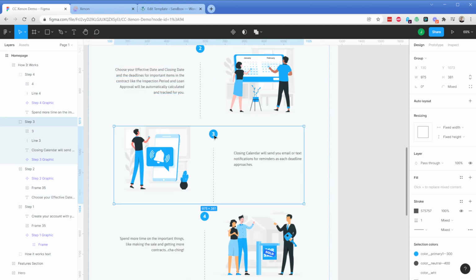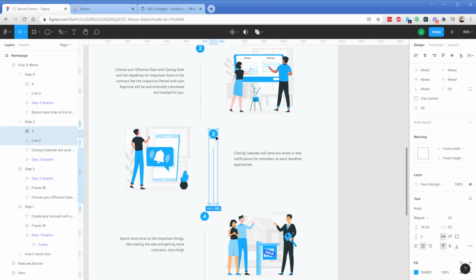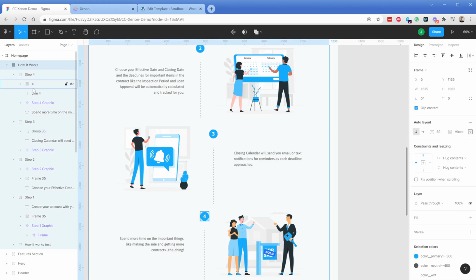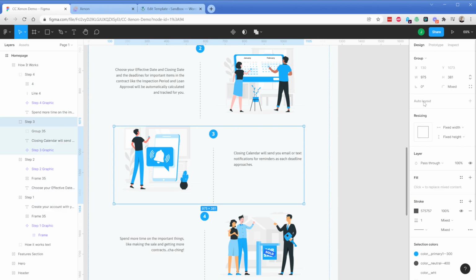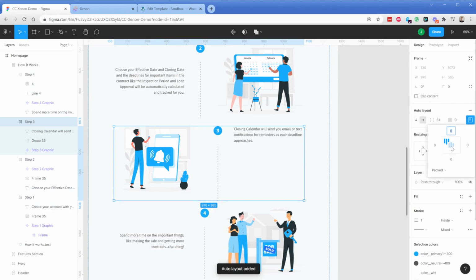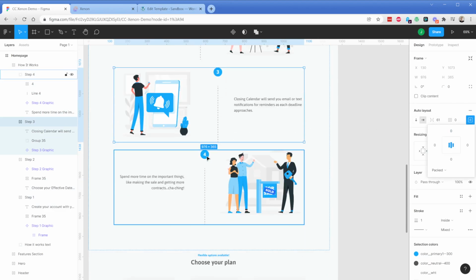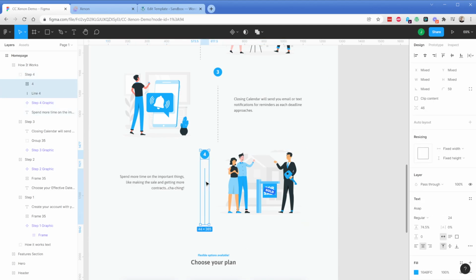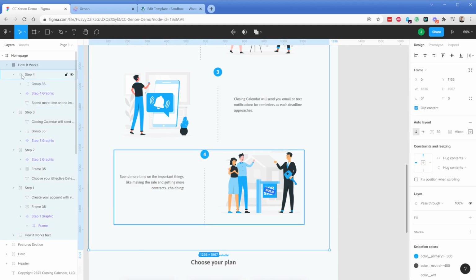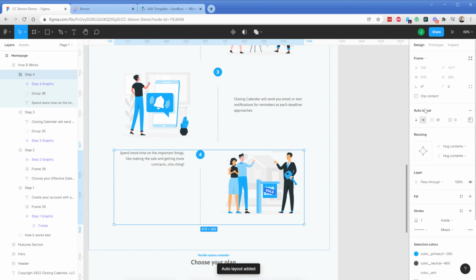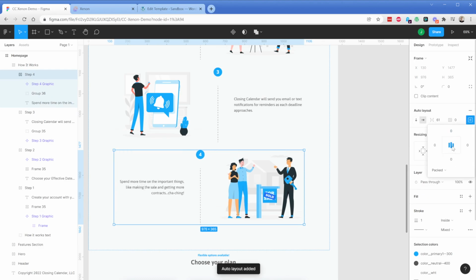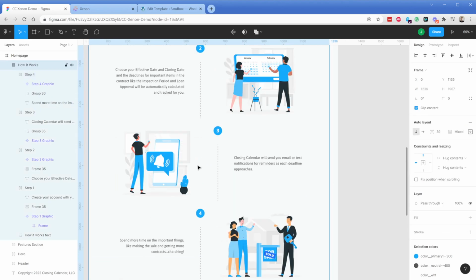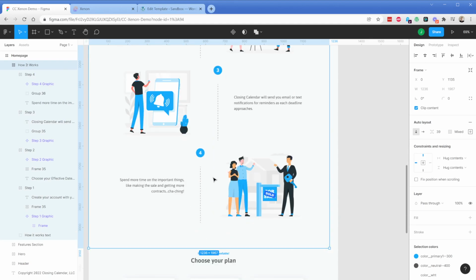So again, I'm going to do the same thing to group the 3rd and 4th container here. Then on step 3, I'll give that an auto layout of horizontal and middle. And then last but not least, we're going to take the fourth, group that. And then we want step 4 to also have a horizontal layout and middle align that also. Now, obviously our lines are off, but we can fix that, like I said, just by changing the widths of